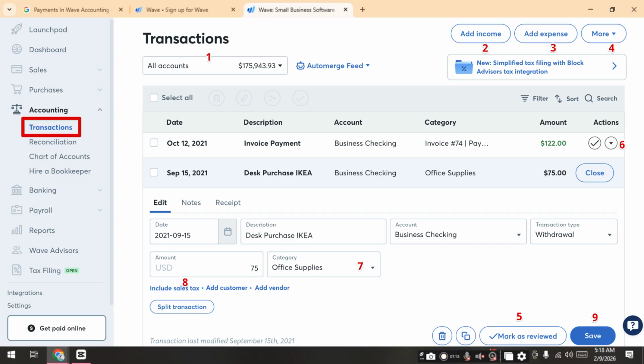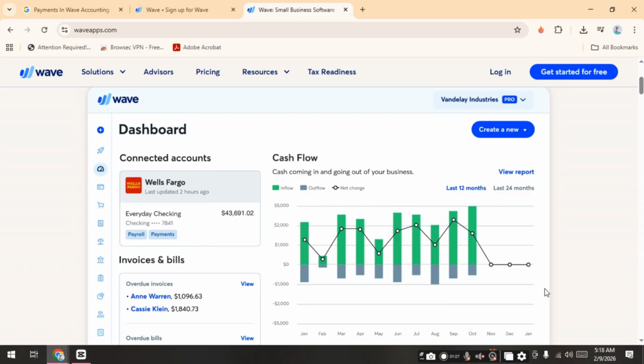Next, if you're using invoices in Wave, match the payment by selecting Apply to an invoice so your records stay clean and unpaid balances don't pile up. Always double check the payout reports inside Stripe to confirm the numbers align before saving, because accurate matches prevent reconciliation